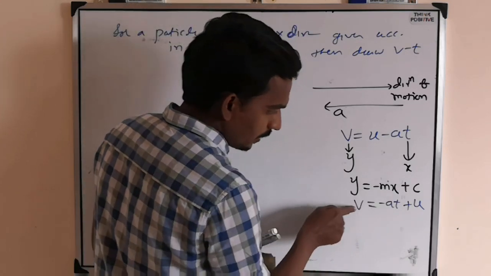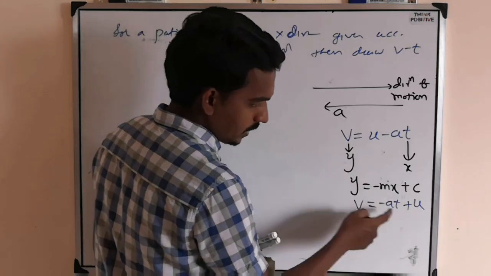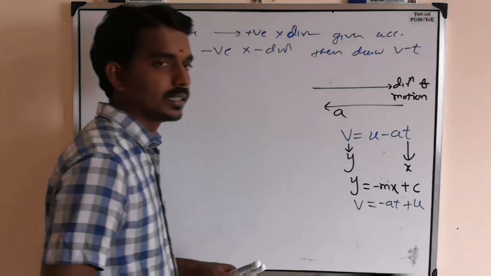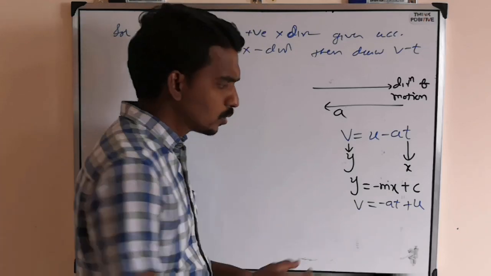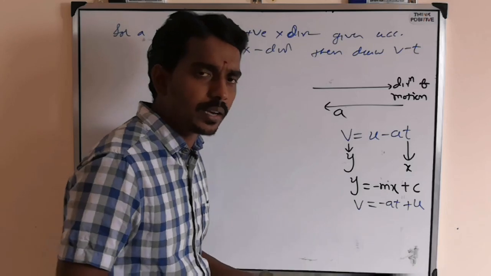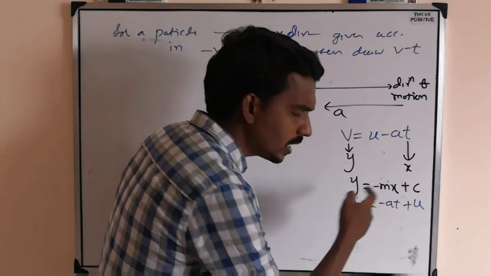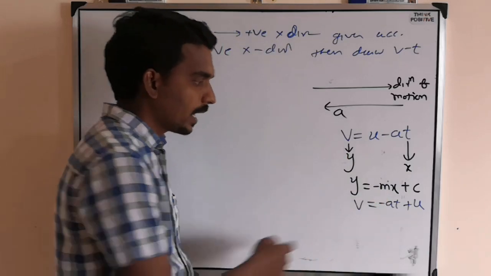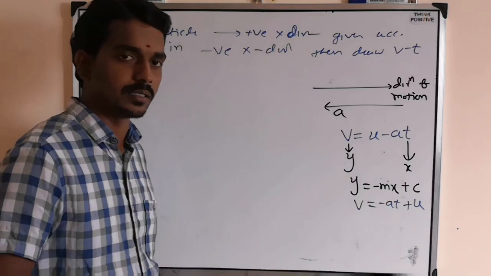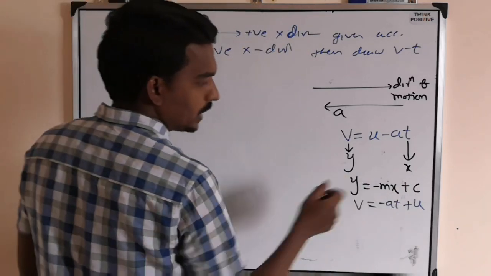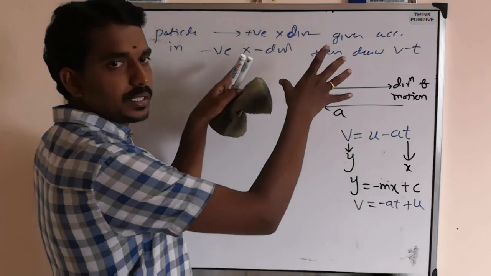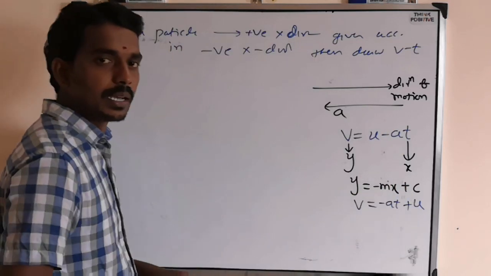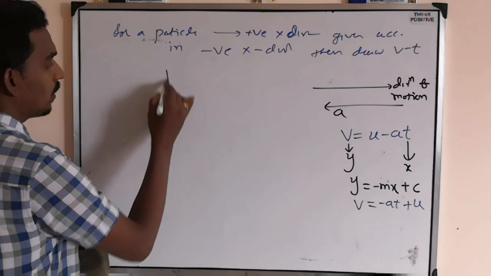If you compare, v-t graph means v on the y axis, t on the x axis. Now in place of slope, what is there? Acceleration. We have already studied that the slope of the v-t graph is acceleration. And this constant is the initial velocity. See, I said: take the physics question, understand the concept, take the formula, then compare with the general mathematical equation, then think of drawing.